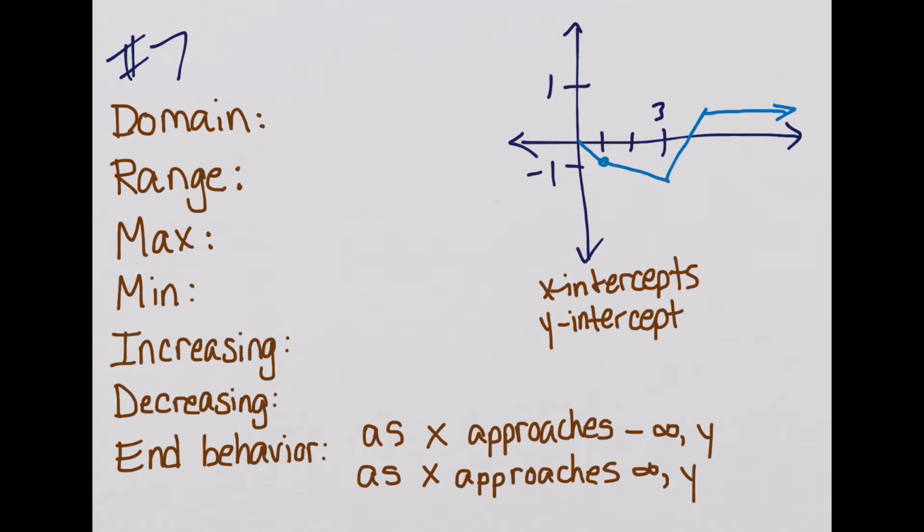Okay, let's look at number 7. Look at all this stuff you can tell me about any graph now. So first of all, the domain. This one might be a little bit confusing looking because it does have an arrow on the left, but if you read the problem, if you read the context, then you can see that this is a graph showing the time since the opening bell of the stock market. Well, we're not going backwards in time, so that means that this function actually does just stop right there. There's nothing on the left. So the domain, well,